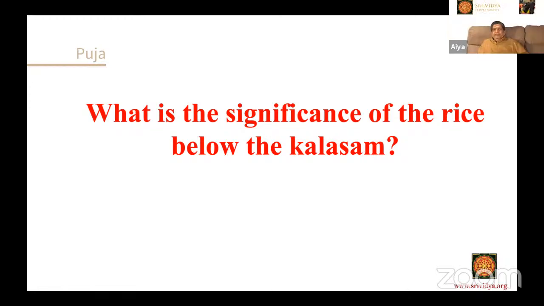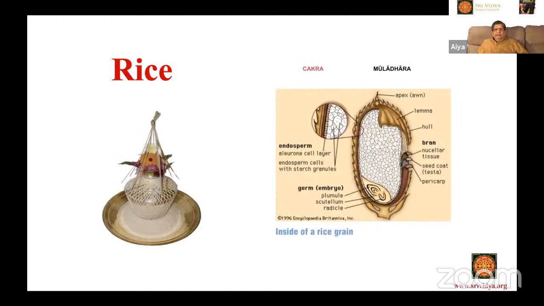It is exactly the same thing as you placing an asana. It will prevent the energy from going into the ground. So you can use rice, you can use navadhaniyam, you can use unhusked rice. So many things you can use there. So that is the layer that is between the kalasham and the earth.